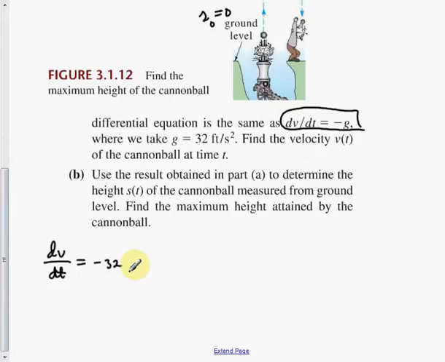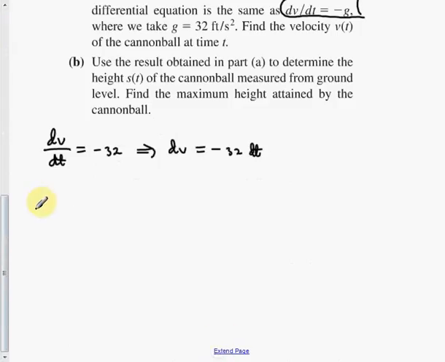So I'm going to separate the variables, multiply both sides by dt. So I get dv is equal to negative 32 dt, integrate. So I'm going to integrate dv, but that'll give me v, right? So the integral of dv is v. That's equal to negative 32 times the integral dt. Well, that gives me negative 32t